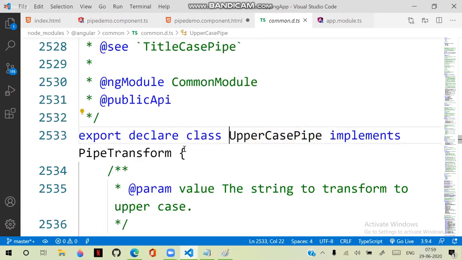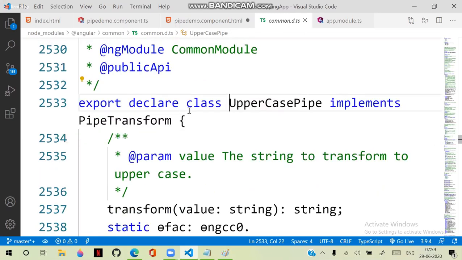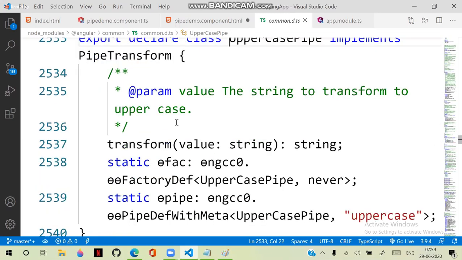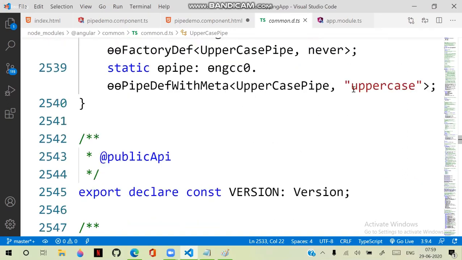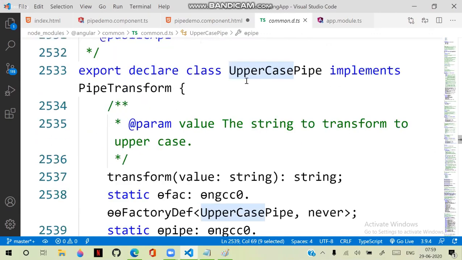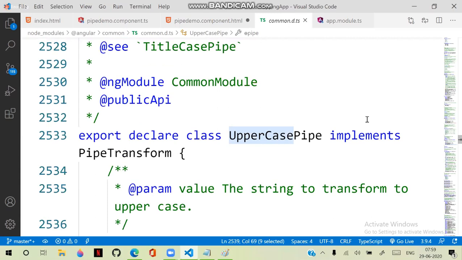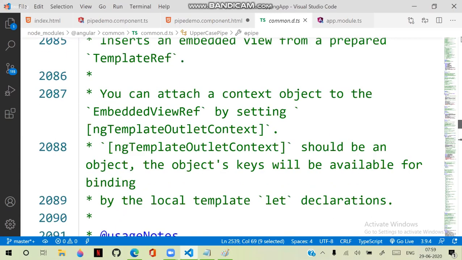Go to definition, you can see this is pipe transform, right? It is collecting your data, converting it and changing it into uppercase. And how it is used, the configured name is uppercase. Its class name is different, but how it is defined is different. So this is the entire collection of